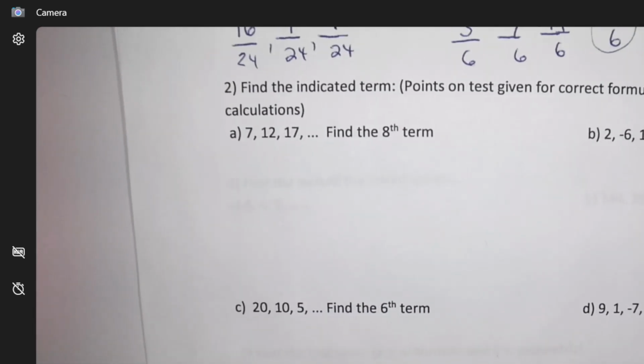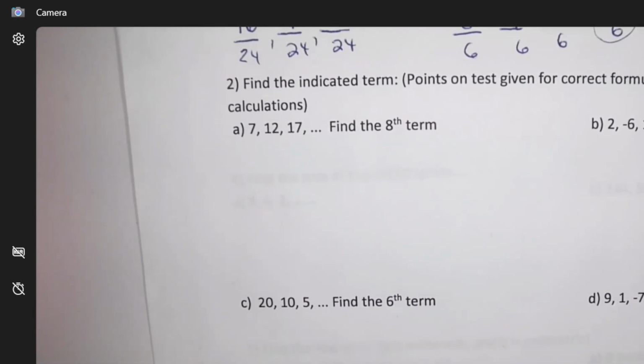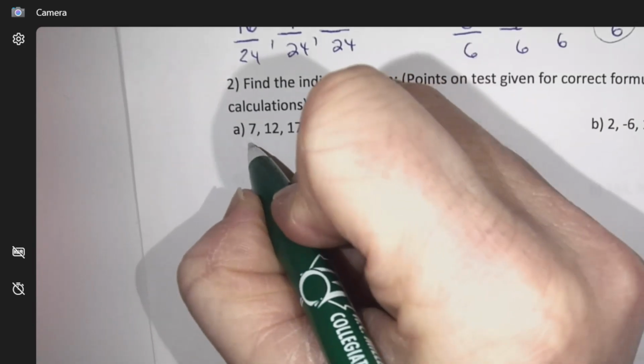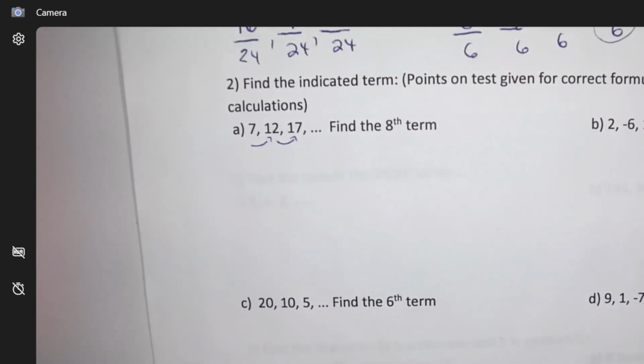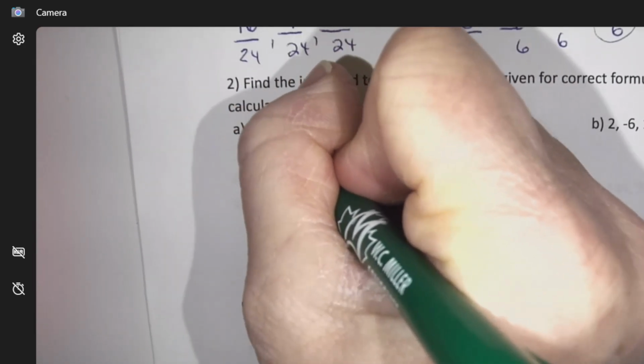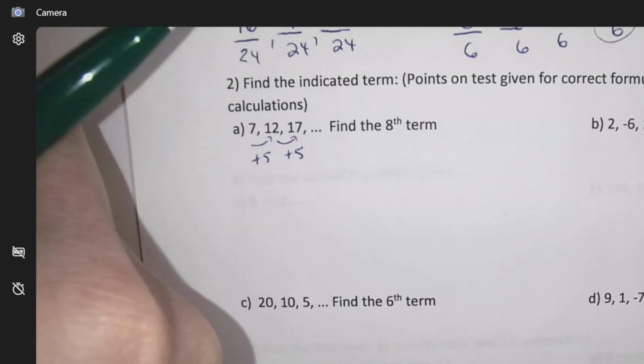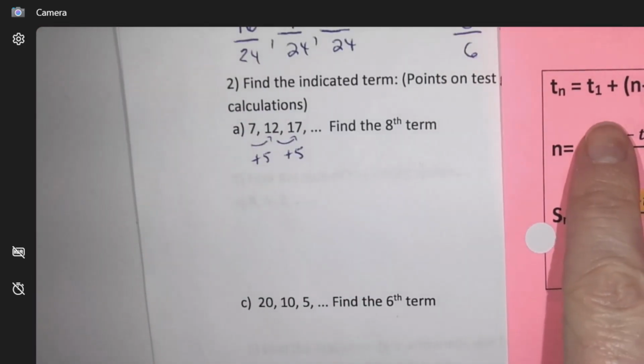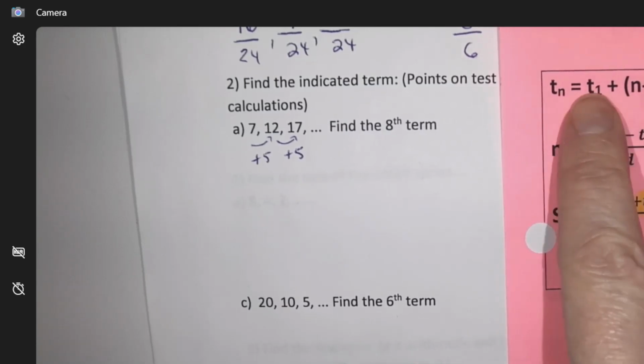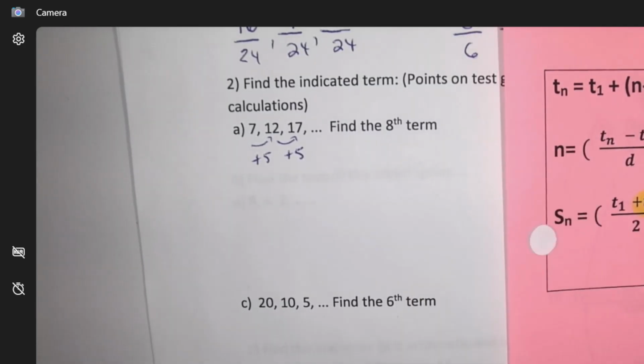Okay, find the 8th term, and it doesn't even tell me if I'm arithmetic or geometric, so I have to figure out the pattern. So can you get me the pattern? It looks like I'm doing what? Arithmetic. I'm adding by fives. So the formula I'm going to pick is the arithmetic one, the term arithmetic. So term 8